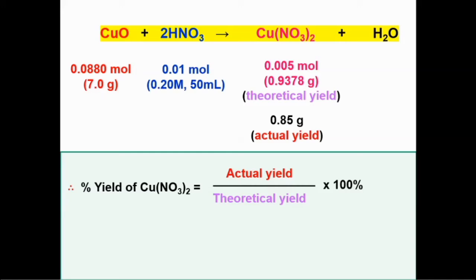It is not necessary to use grams. Actually, we can also use moles, but in this case, I'm going to use the masses, or grams. So the actual yield is 0.85 grams, divided by 0.9378 grams times 100%, and we are going to get